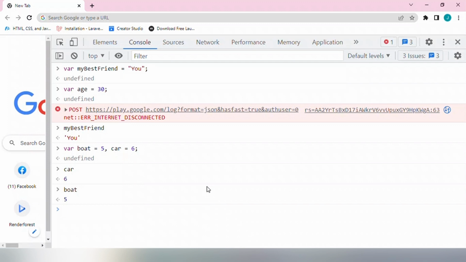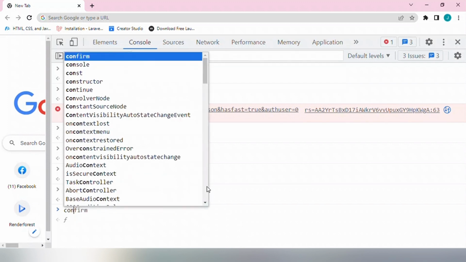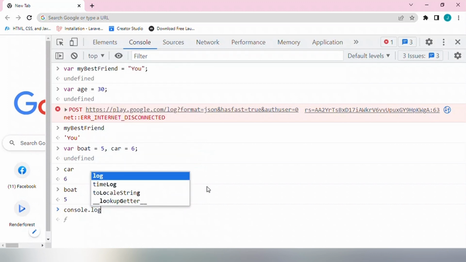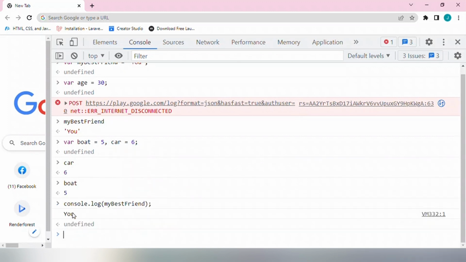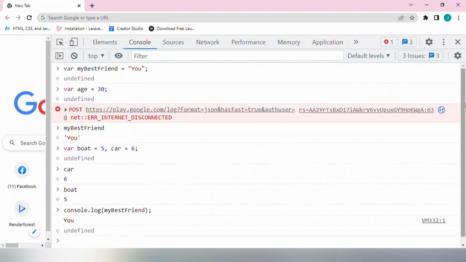So in our next video, you'll see how to use booleans and the equality sign in JavaScript. Thank you very much for watching this video. You can practice along, and you can even use console.log to check your work, like when I write something like my best friend, then I add it to show you. So you can use console.log. It's used to show the end result in JavaScript.